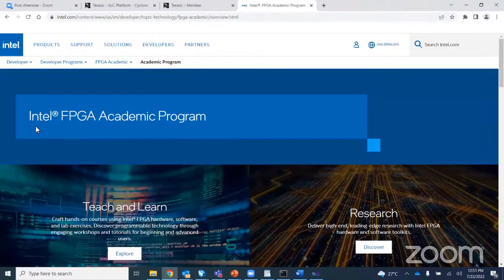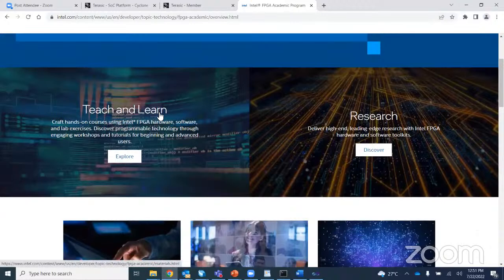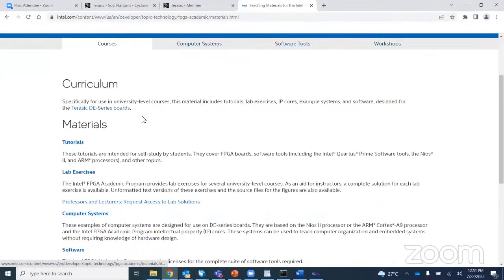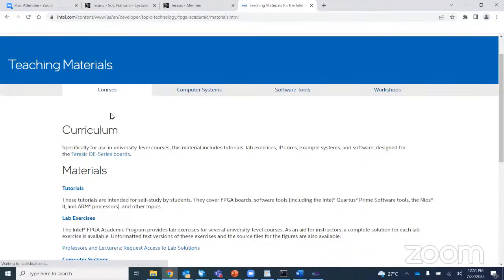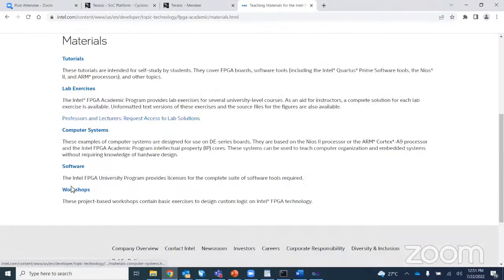The moment you reach this page, you can click teach and learn, which is available for faculty as well as students. Click explore, and this will automatically take you to the teaching materials page, where you can see tutorials, lab exercises, computer system, software,